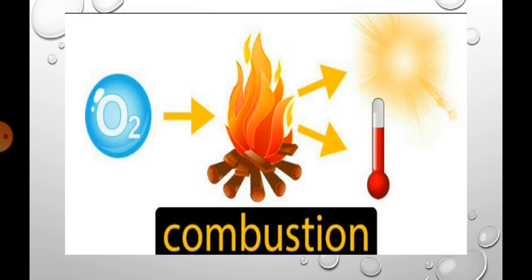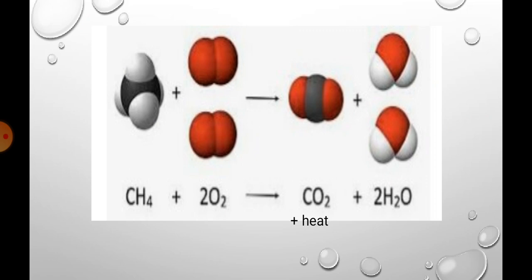The last process we are going to discuss is combustion. What is combustion? Combustion means burning. Whenever we burn a substance, the fuel combines with oxygen in a chemical reaction that releases energy, usually accompanying heat, light, and sometimes sound as well. In combustion reaction, usually gases are released in the atmosphere. Let's have a look. When methane reacts or burns in the presence of oxygen, it gives us carbon dioxide, water,